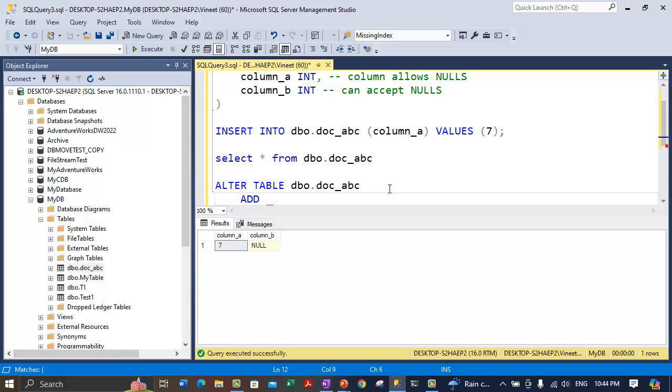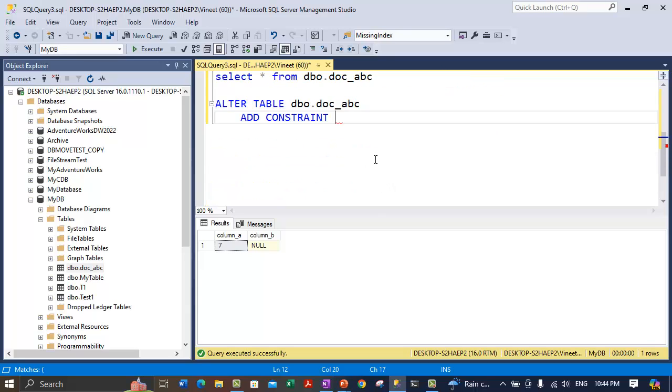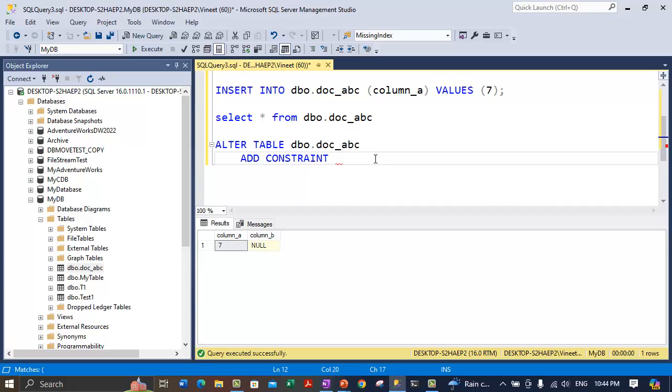So you can use the add constraint statement. You need to make sure that the spelling is correct. After the add constraint statement, you need to specify the name of this constraint. So let's take df and give it a meaningful name. Let's give the table name, maybe doc abc, maybe column A. By df I mean the default value. I'm taking this as the name of the constraint, and after that you need to specify